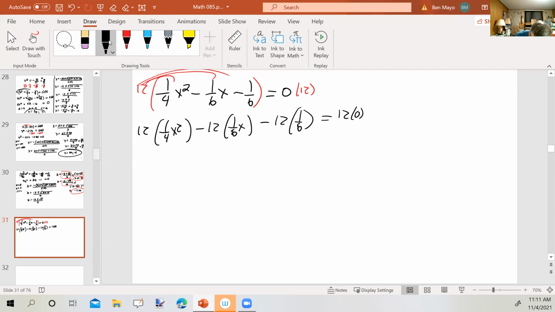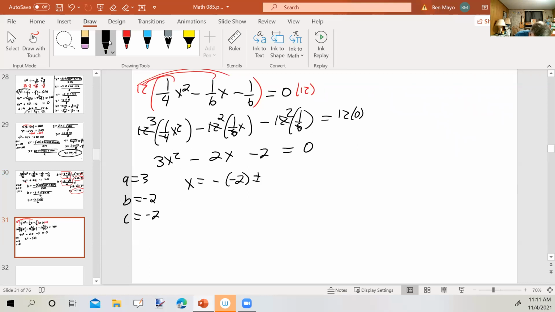All right, so 12 over 4 reduces to 3, 3x squared. 12 over 6 reduces to 2, minus 2x. 12 over 6 reduces to 2, minus 2 equals 12 times 0 is 0. So now we've got it not only in standard form, but we've gotten rid of the fractions. A is 3, b is negative 2, c is negative 2. So x equals negative b plus or minus the square root of b squared minus 4ac